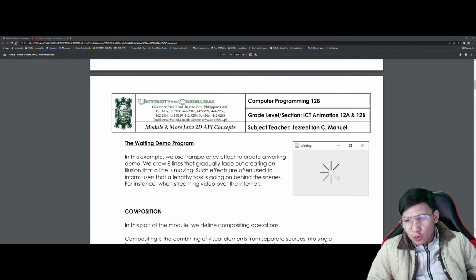Basically, 8 lines lang yan. Hindi talaga siya totally nagbo-move, pero nagbabago lang yung transparency. Of course, we will be using here some particular code, especially for loop, para ma-achieve natin yan. Now, such effects are often used to inform users that a lengthy task is going on behind the scenes. Now, for instance, when streaming video over the internet. Now, let's try to create this one, and let's create what we call the waiting demo